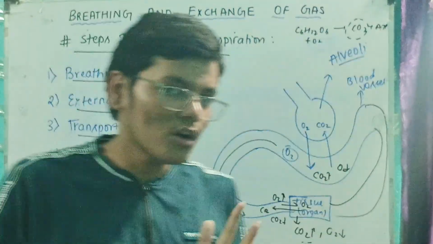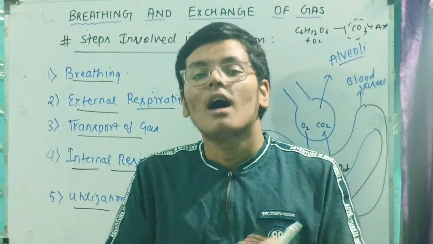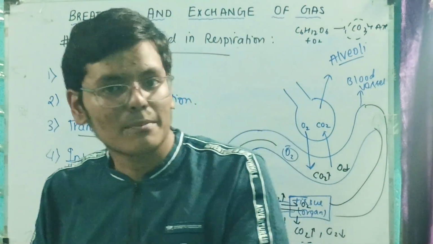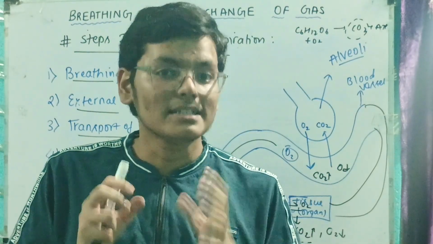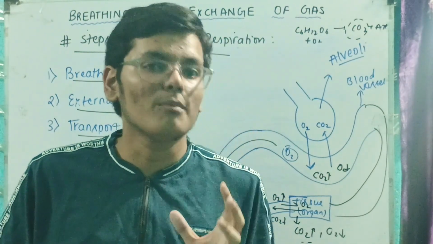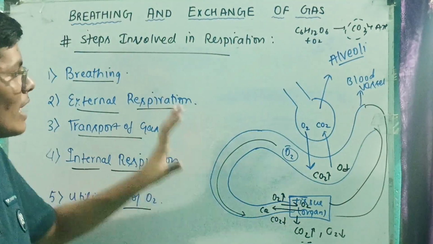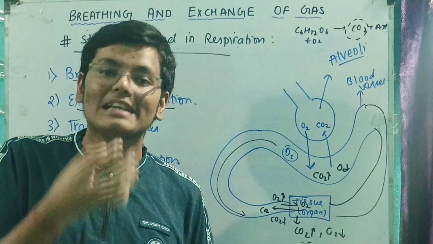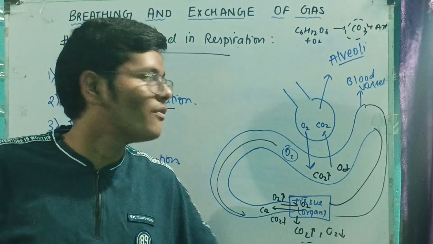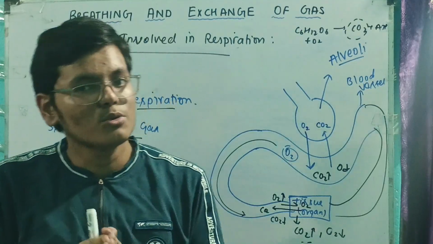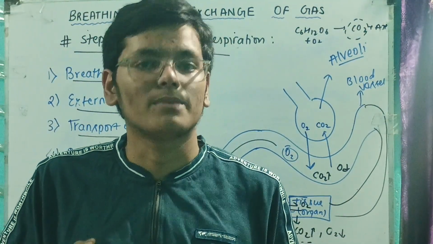So our main goal for the respiration was to get energy from the food we eat. Now how does that occur? That is a much more detailed process and that is known as cellular respiration. We will see that in some other chapter. But in this chapter we just have to know the involvement of breathing in the supply of oxygen. So till now we have learnt that the oxygen which we take in is used to break down the glucose to form energy. Now let us move on and observe some structures which are used for breathing. Let us see.